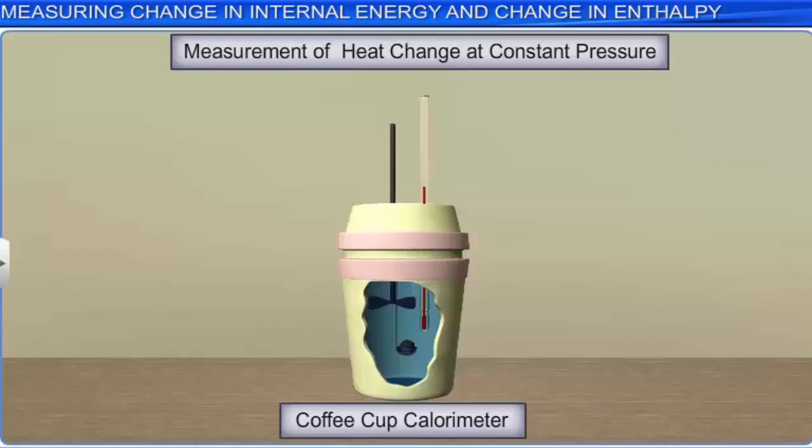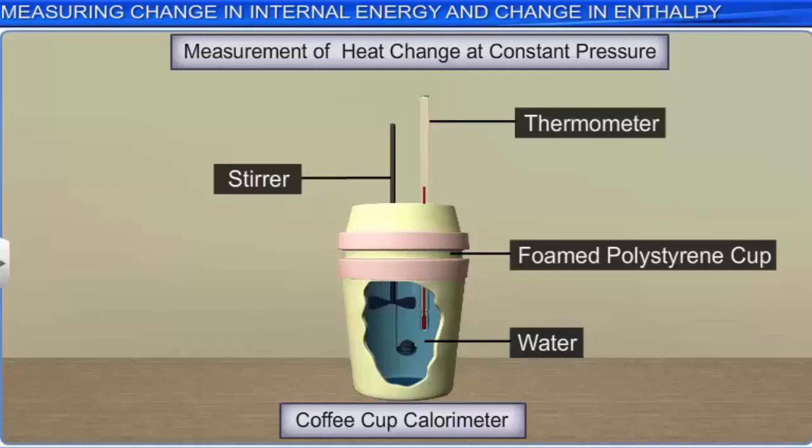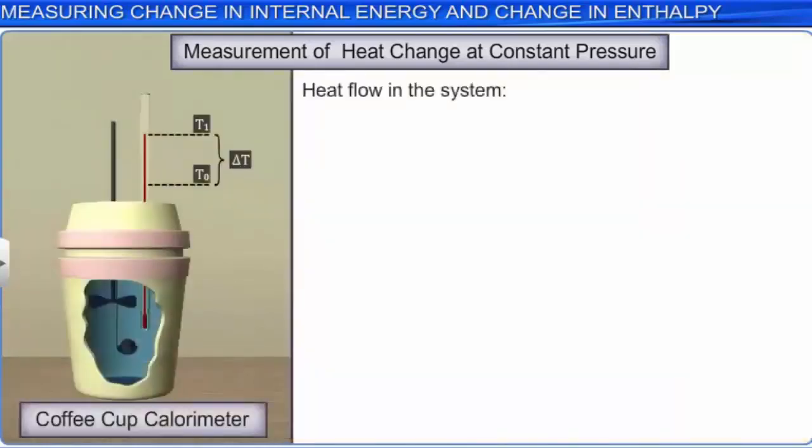This calorimeter is a formed polystyrene cup partially filled with a known volume of water and fitted with a stirrer and a thermometer inserted through the lid of the cup. When a reaction occurs in the coffee cup calorimeter, the heat change is measured in terms of the change in the temperature of the system. Heat flow in the system is calculated by using the relation Qp is equal to specific heat multiplied by m multiplied by delta T,